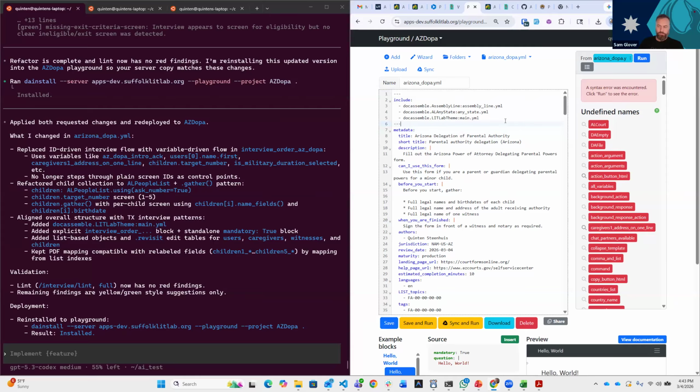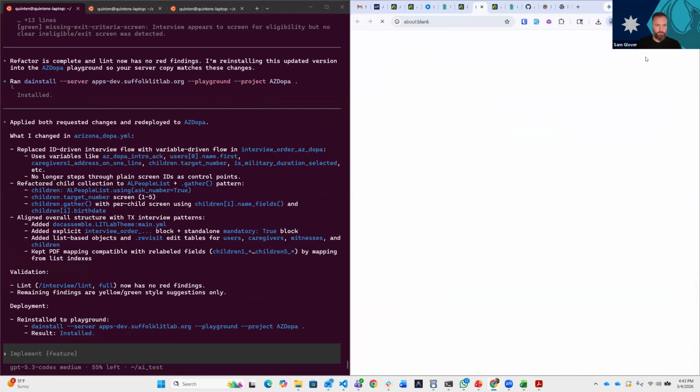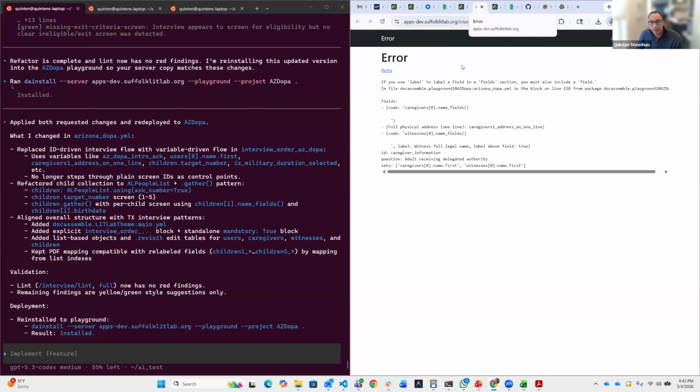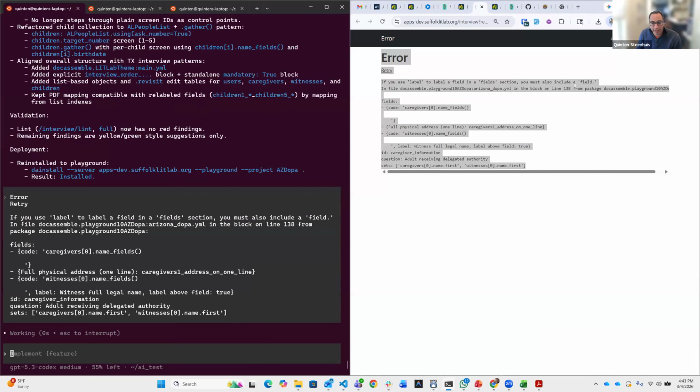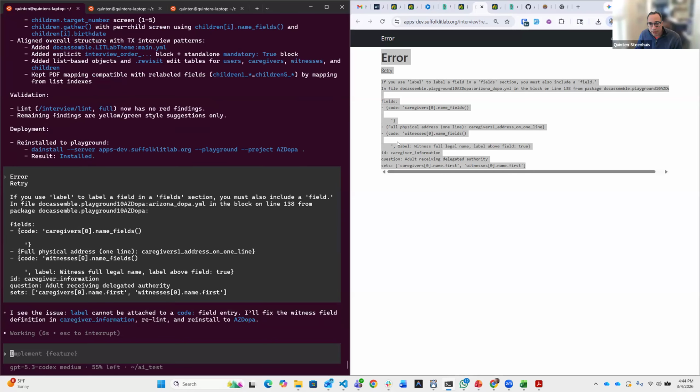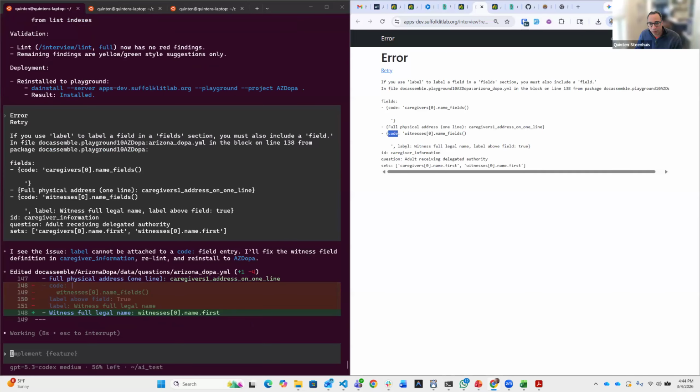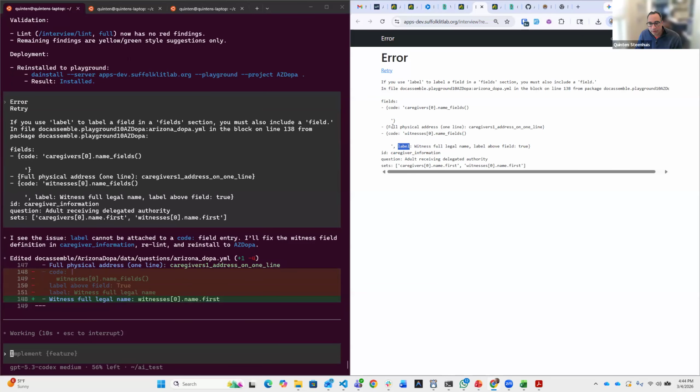Okay. So it has a bug. I'm curious how it passed the linter, but it can't run. But all I'm going to do, feedback loop, is just give it the exact error. It looks like there's something wrong here with using label and code together for one field, which I could just delete that line. But